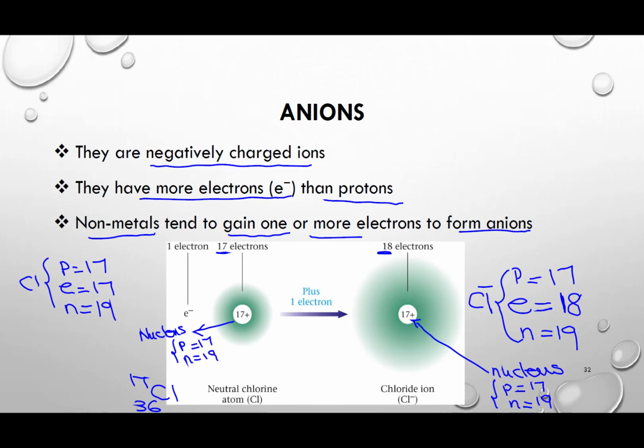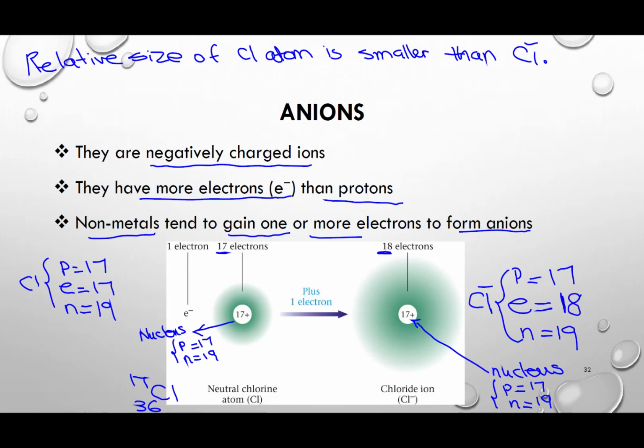Then let's talk about the sizes. It is the number of electrons that indicates the size. The higher the number of electrons, the larger the size. Then as you could see, the relative size of the chlorine atom is smaller in comparison to chloride ion. Then let's write it down. Relative size of chlorine atom is smaller than chloride ion